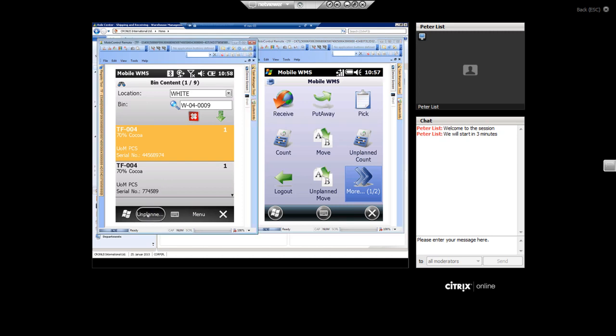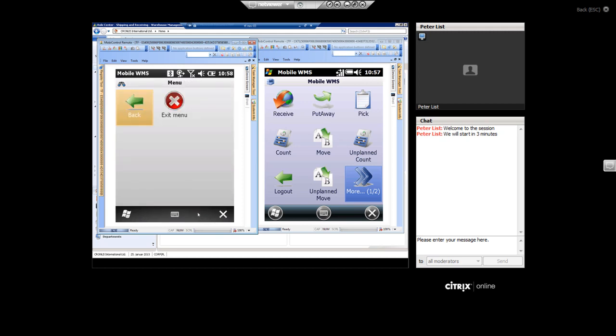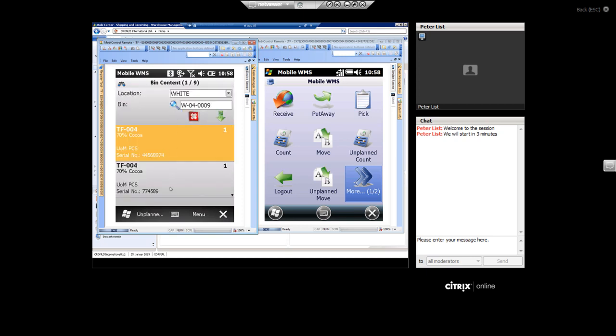So I have put it down here, but the idea is, in the menu that you see here, you can put in a link to any feature that you have on the main menu and just get access to it from there. But I want to move this particular serial number to somewhere else. So let's start up the unplanned move,